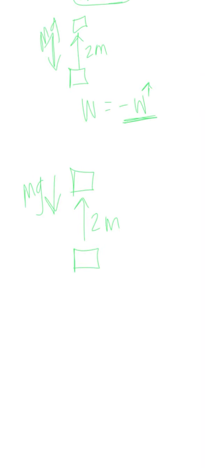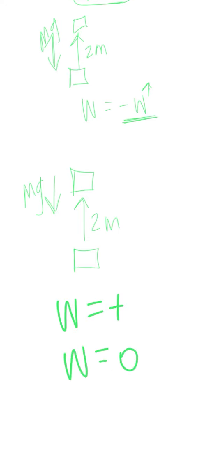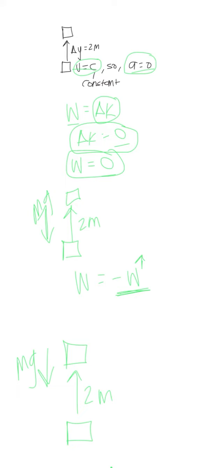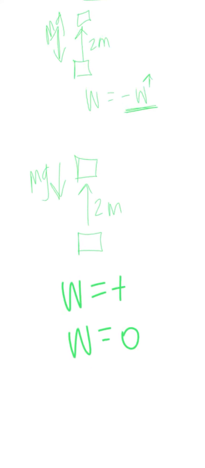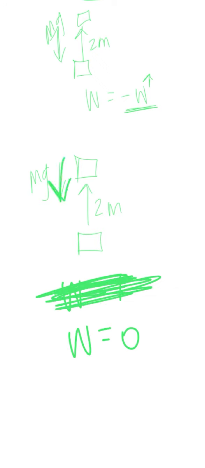So the work done by the weight is positive, but the work is 0 because, as we said before, the velocity is constant and acceleration is 0, so that means that the work is 0. But since the work done by the weight is not positive because mg is going down,